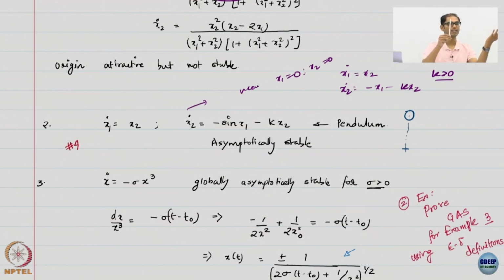There is actually a trajectory, because (pi, 0) is an equilibrium. If I start at (pi, 0), I remain at (pi, 0), because the right hand side becomes 0. So, I do not move from there. This is a trajectory for all time, I remain here. So, my property cannot be global, because if I start right here, I do not converge to the origin, and global requires that for every initial condition I should be able to reach the equilibrium. In this case that is not happening. So, whenever you have multiple equilibria, it is virtually impossible to say that whatever you have achieved is a global property.